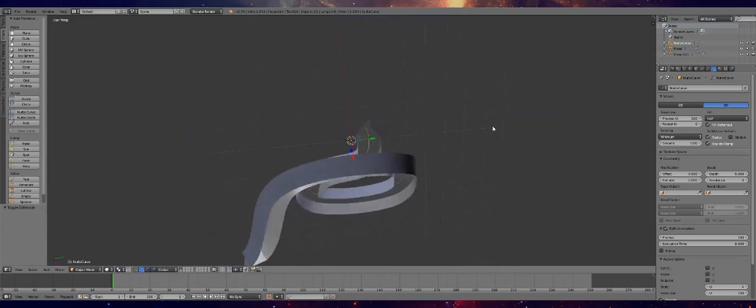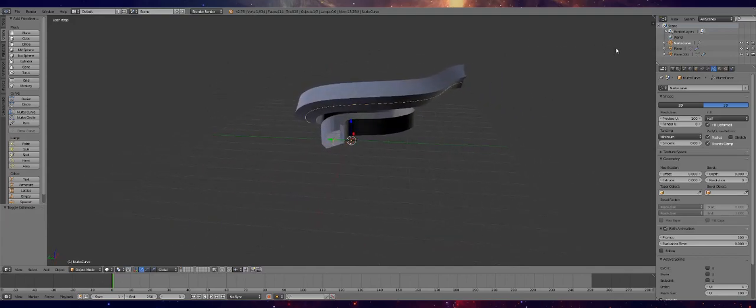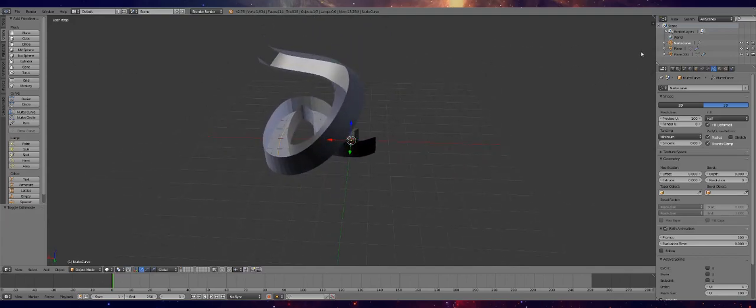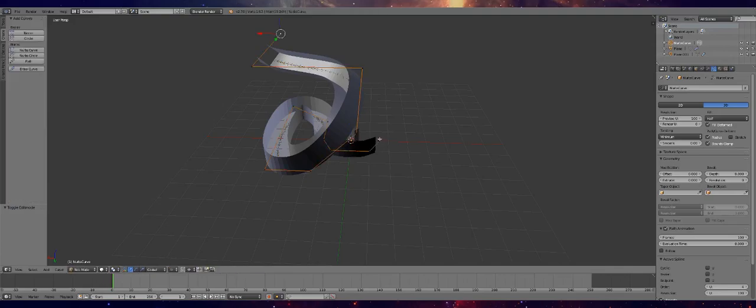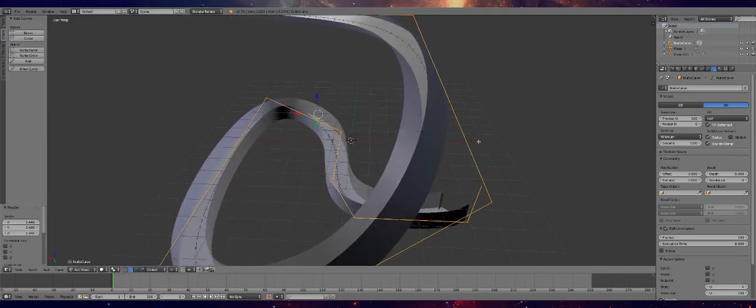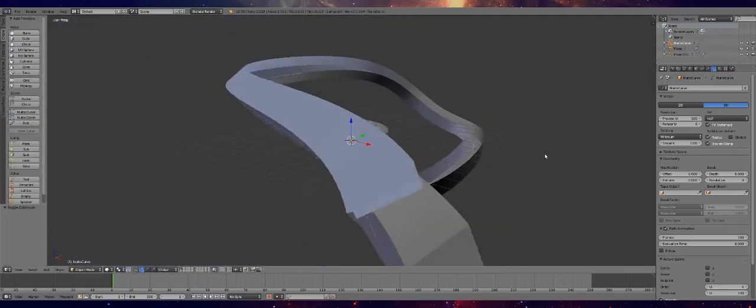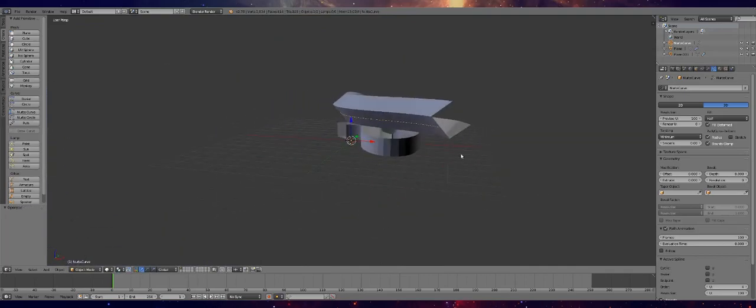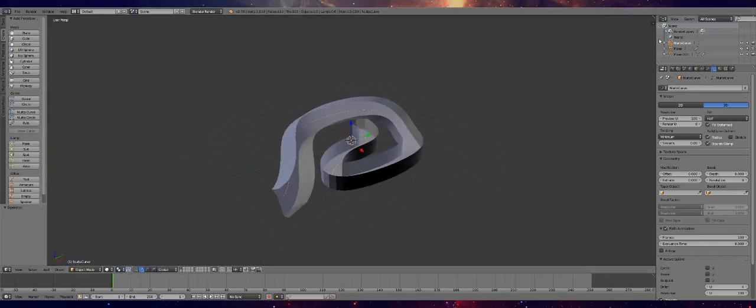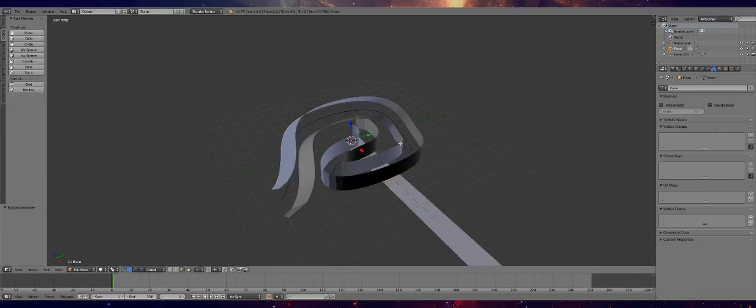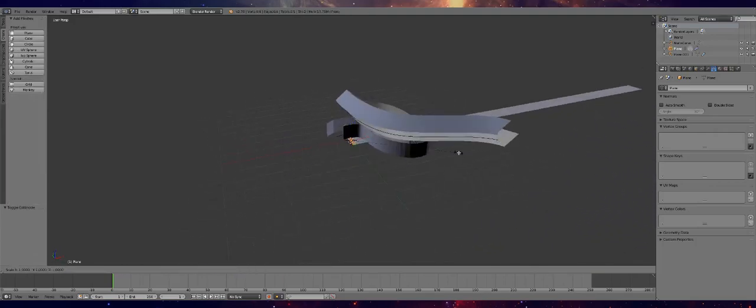If you look at this, it's not really suitable for a track. So what you could do is you could just simply select the curve, select all points and scale them. Hey, there you go. Beautiful. We don't want to do that though. Let's try doing it the other way around. Let's scale every object we have by